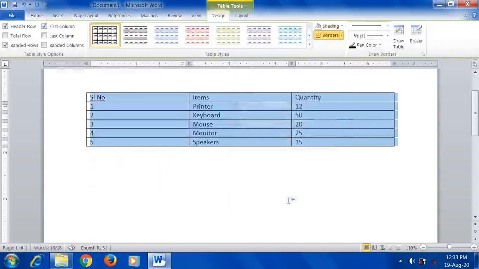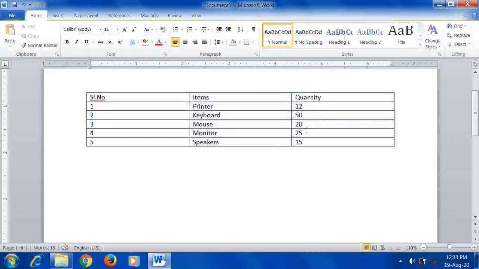So properly, exactly, the content got fixed in the table. Now what precaution do you have to take while typing? You separate the text with only one tab. Don't press the tab key 2 times, 3 times, or use the spacebar. Otherwise you will have this difficulty, just as you have seen in my video. Now the text is displaying exactly in a table.